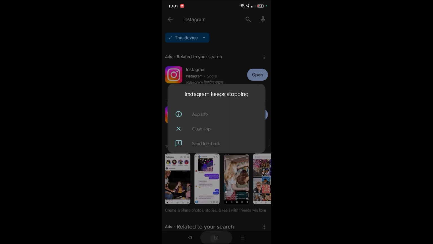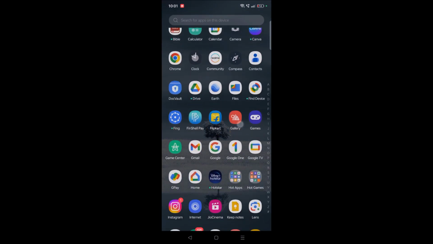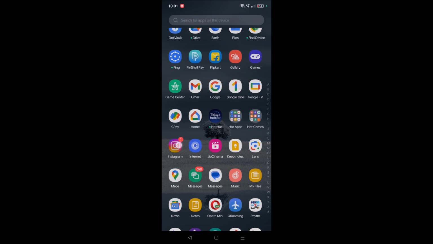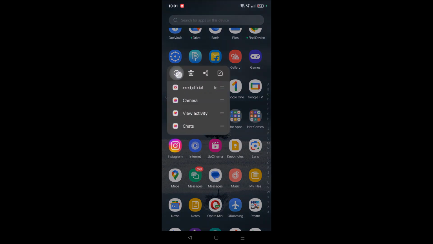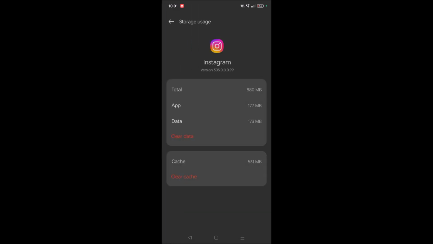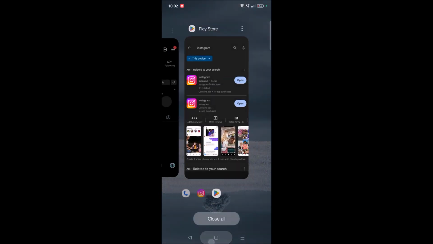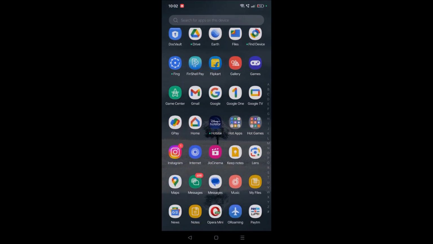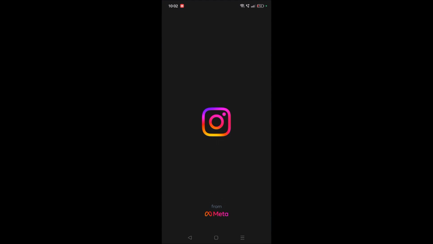So one thing you can do is simply relog in by pressing and holding on the app. Click on this I symbol, which is info, and you can clear the cache. Click on storage usage, click on clear cache. So we are refreshing the app by clearing the cache. So once you do this, when you open this,